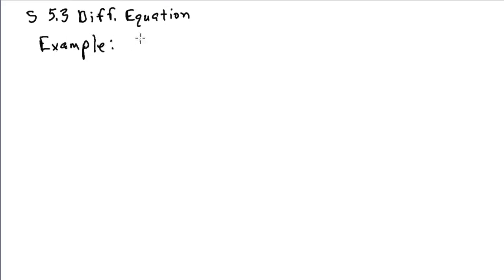Okay, so how do we tackle difference equations using the Z transform? I'll just work through an example. The key here is applying this property that we just covered in the previous video. Work through problem